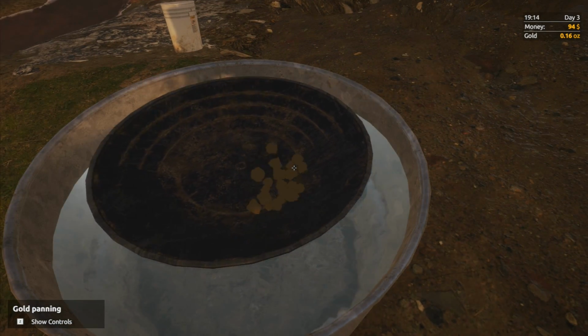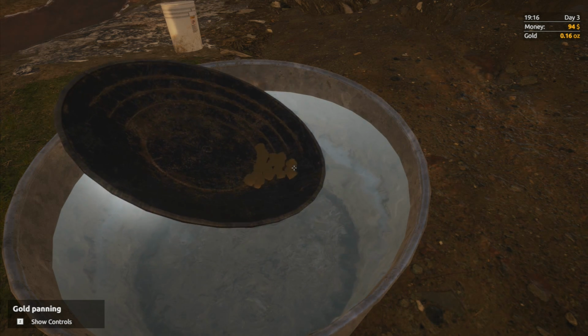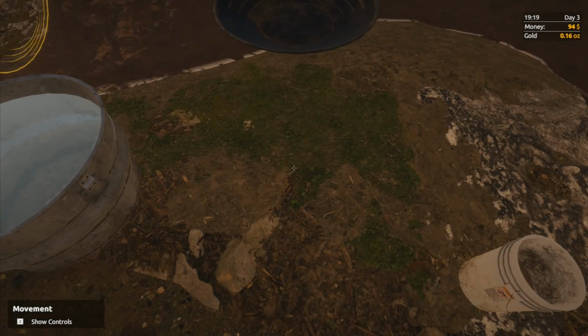0.16 ounces so far. Is there any more gold on there? I don't think there is. I think that's all of it. So we've got 2 more lots to do. No more gold on there. Now, I'll do that in a minute, and then we can head...